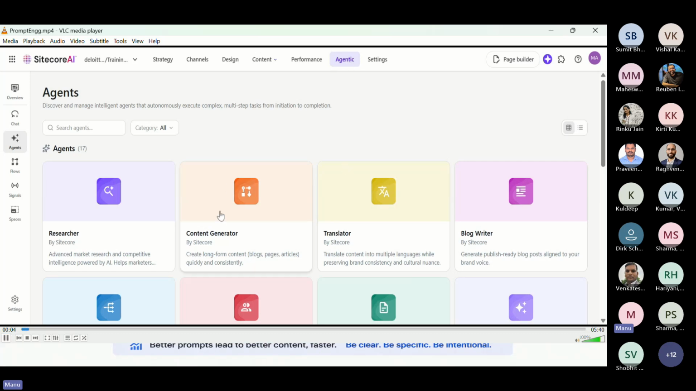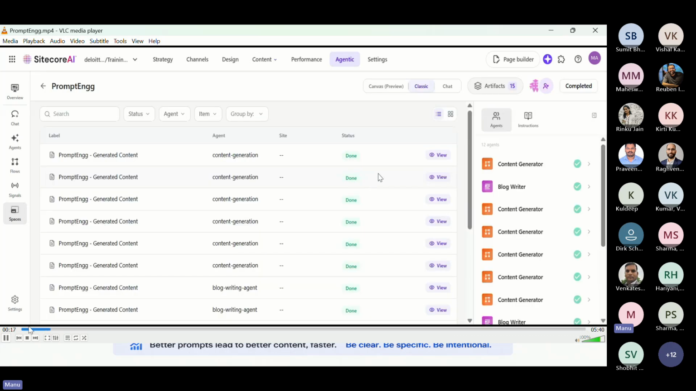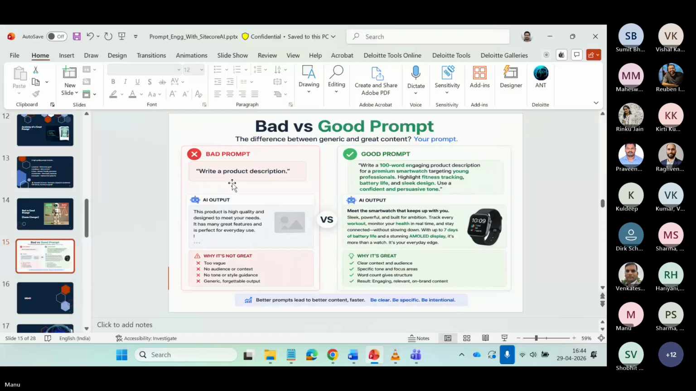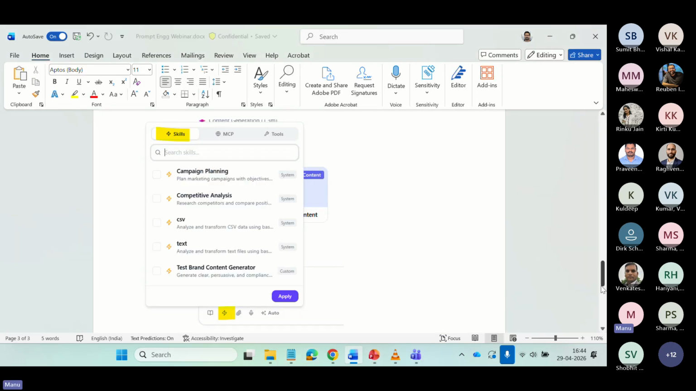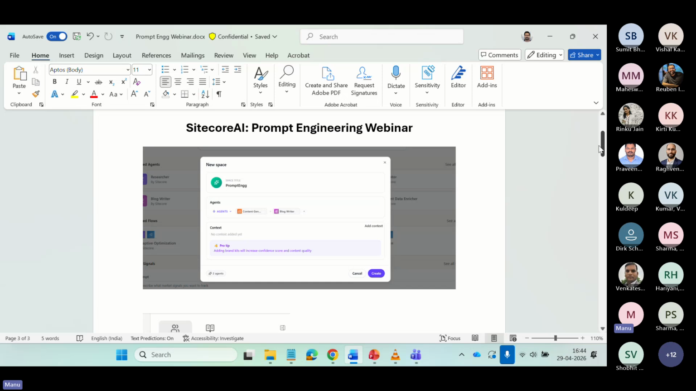In Sitecore, we have SitecoreAI, and we have an agentic option. You should be in the right role to see agentic. If you go to agentic, you will see all the agents. But in order to use any agent, I'll go through here. Sitecore has all the agents, but if you're going to use any agent, then first you have